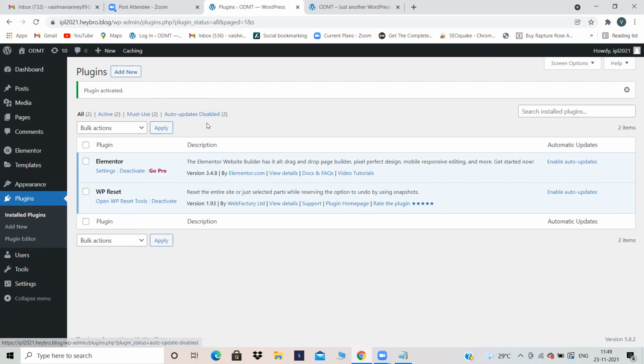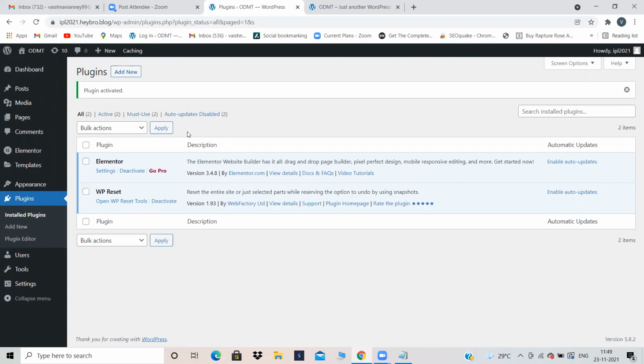Now I want to take a theme. That means I want to take a complete website, right? I want to import one complete website. I just want to edit something now. Now I assume that I want to create a yoga website or a digital marketing website or something like that. The whole website will be imported. I have to just edit here and there. That means I have to take some yoga theme or some digital marketing theme.